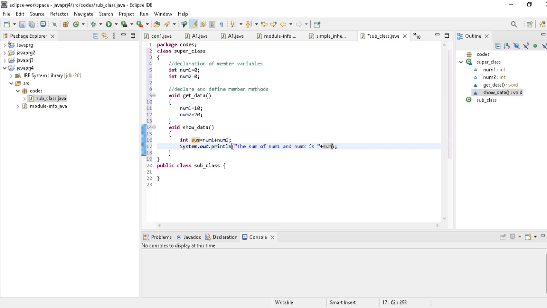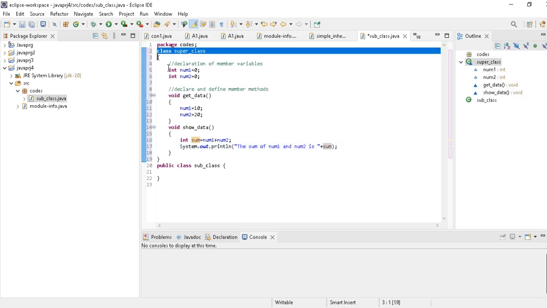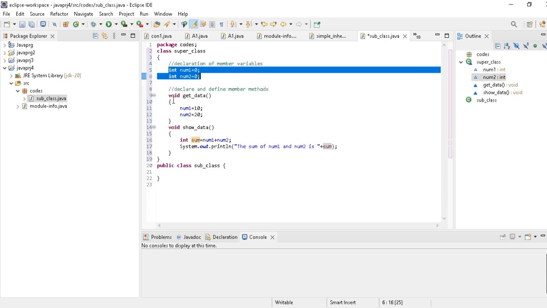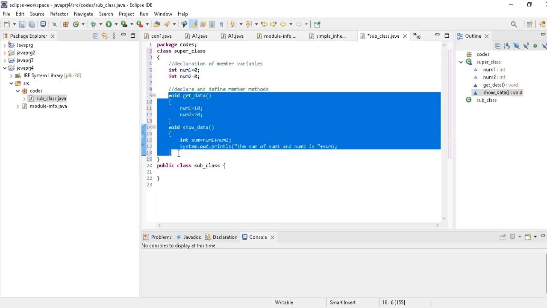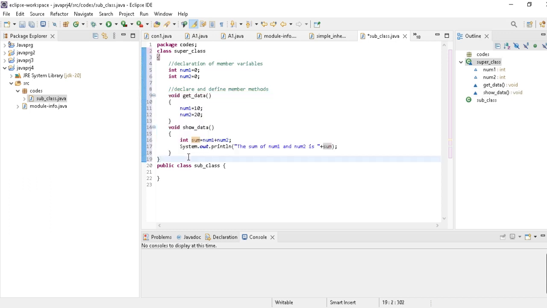sum. Okay, now till this place what we have done, we have created a base class and we have declared the attributes of the base class, then we have declared the methods of the base class. Now if you learn about inheritance, you will get to know that inheritance is what? Acquiring the property from existing classes.